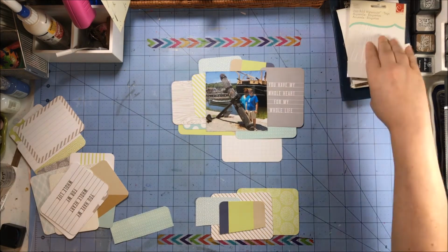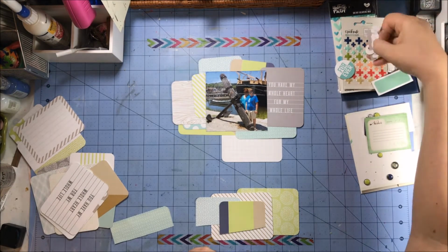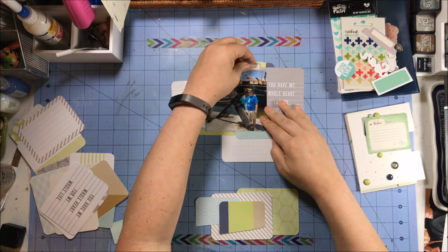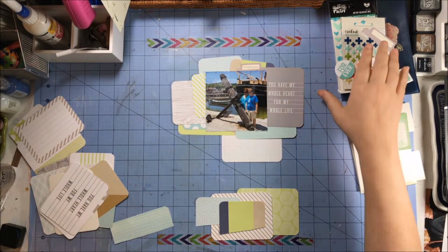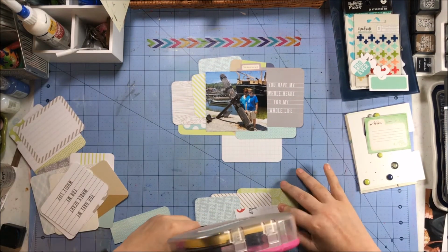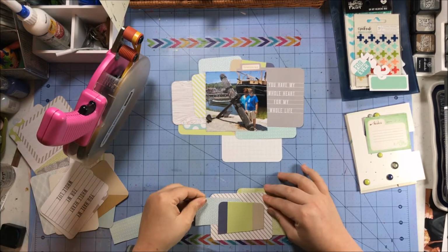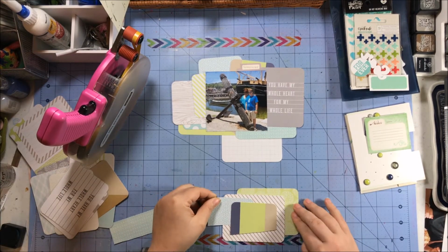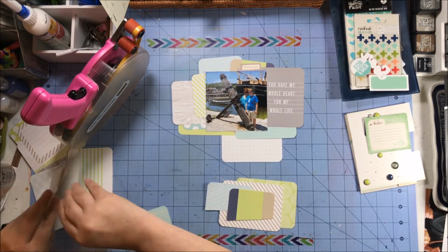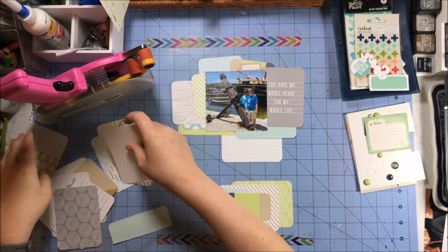And I know I'm going to trim off the bottom portion of that, so I'm just trying to see what I see and where it will end up. So I'm also at the same time pulling a little bit of embellishment, more the stuff that is going to be part of the paper layers as opposed to stuff that will be of a different texture. So I'm pretty happy with the way that is looking, so I'm going to go ahead and glue that together, although I think I need